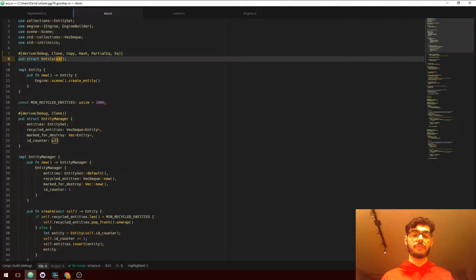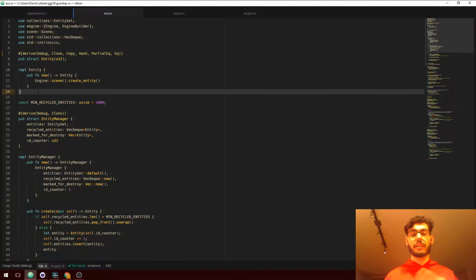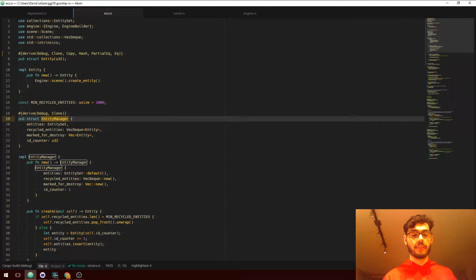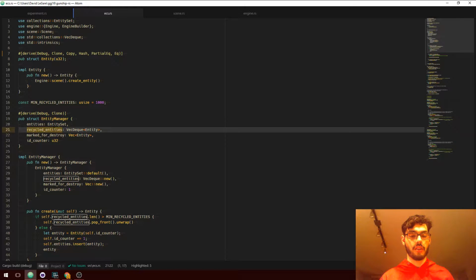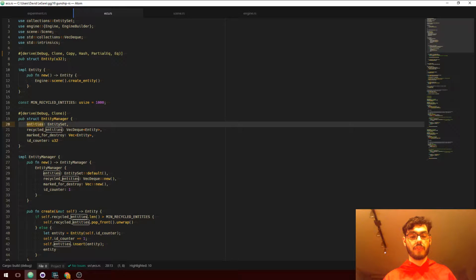However, over the lifetime of a long-running game, you might be recycling enough objects, creating and destroying objects, that eventually you'll go over 4.2 billion. And so we need some kind of way to recycle IDs in this case. And so, I've got EntityManager, which does that. It keeps track of destroyed entities, recycled entity IDs, keeps track of the live entities.